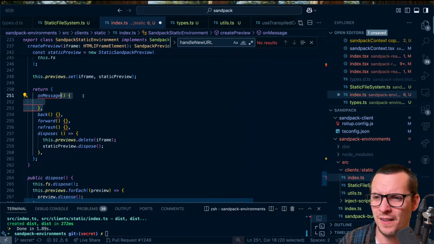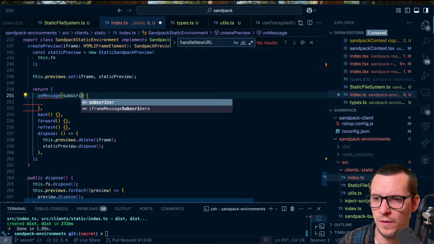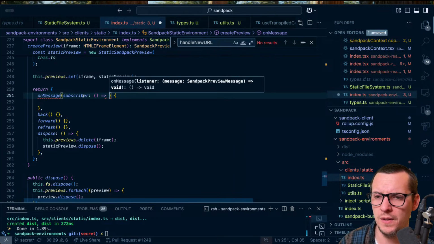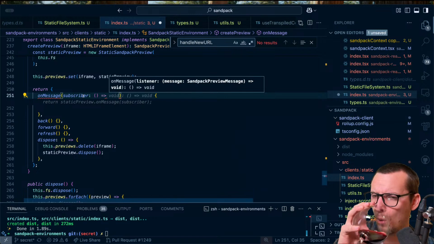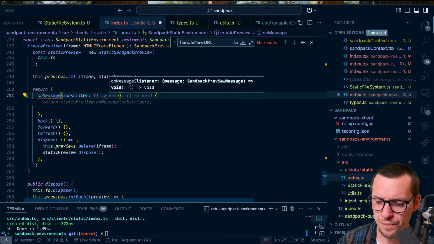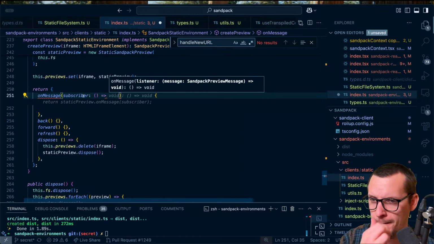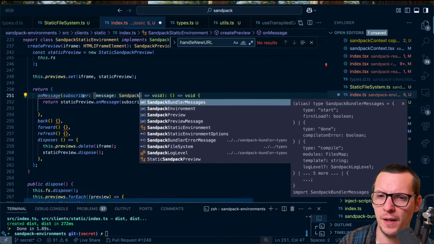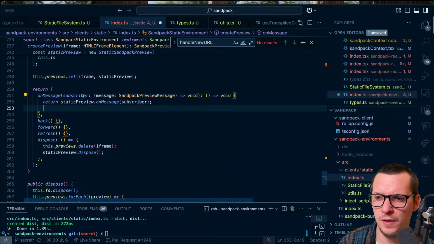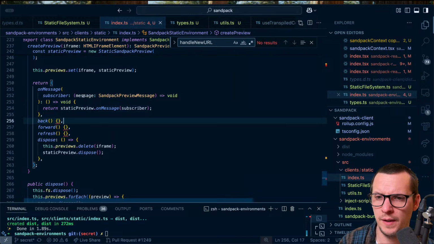Now I really dislike using classes, because now I have to type on message, subscriber, I have to type this again, which sucks because of the this binding. I was thinking about not using classes here at all, just using functions, but maybe that's a little bit too much. Maybe we could refactor that later, because it would be much nicer. So this would be message, Sandpack preview message, and that returns